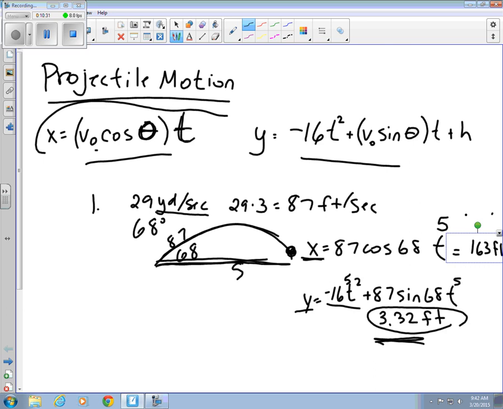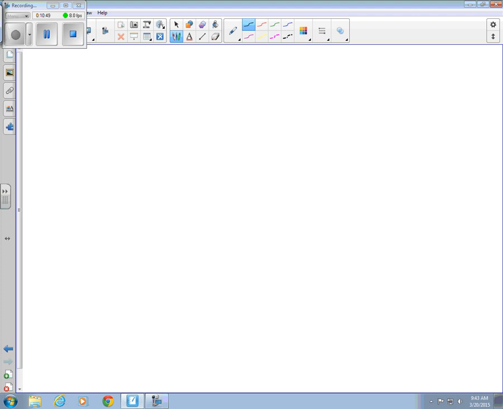Part B, when it says find the range of the ball, that's a bad way to say it in a math class because range makes you think y and the vertical distance. But the range in golf really means how far, like x distance, it can go. So it's really wanting to find the x. If you think about this, you have x equals 175 cosine 35t. You really want this, but I've got an x and a t and I can't really figure that out. So sometimes you have to use the other equation. So you had this,